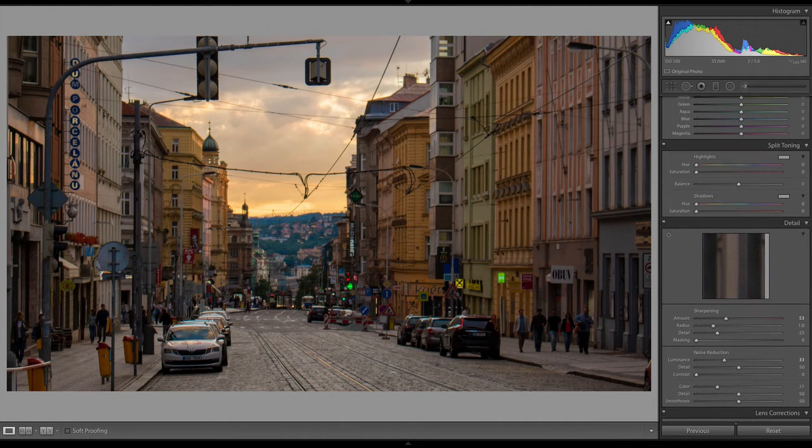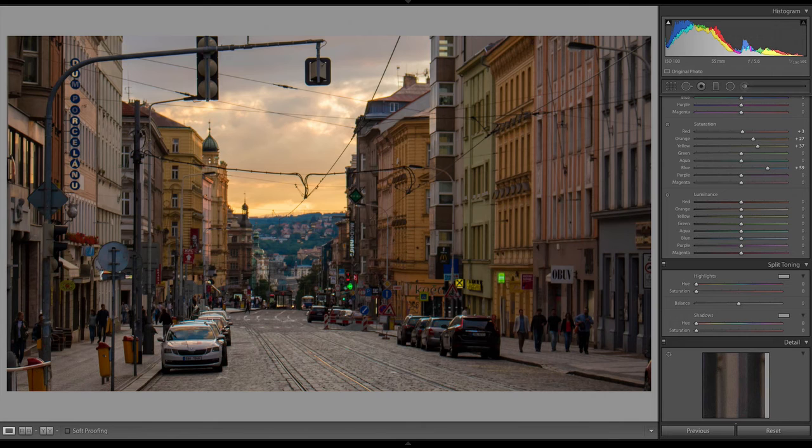Now, one thing that I did with the colors in the other edit was use split toning to add some warmth to the highlights and actually some magenta to the shadows. So I brought the hue of the highlights up to this yellow here, and notice nothing happens. Nothing happens until I bring up the saturation. And when I bring up the saturation, I can really see what's going on. And sometimes what I like to do is crank the saturation up really high, so then I could really pinpoint what hue I want, and then bring back the saturation. So I was at more of a green. I'm going to bring this back more towards a yellow-orange, and then bring back down my saturation.